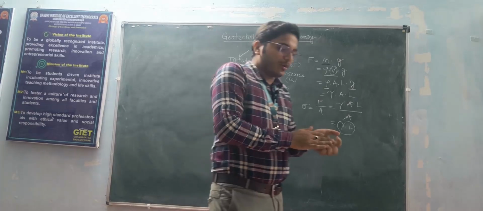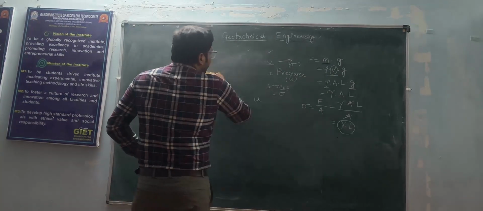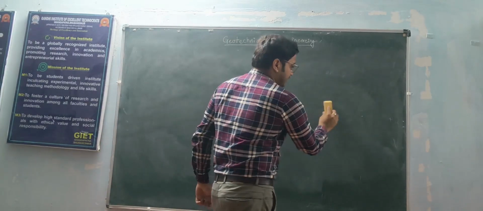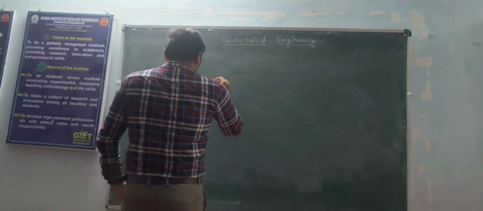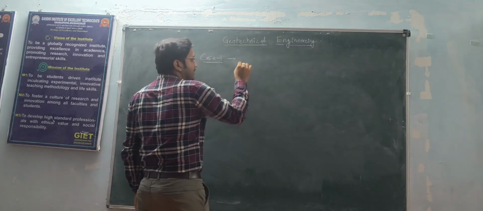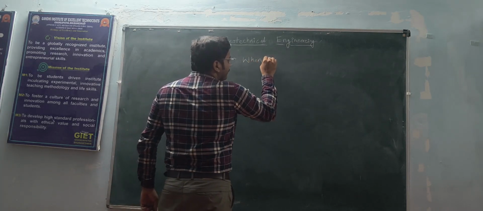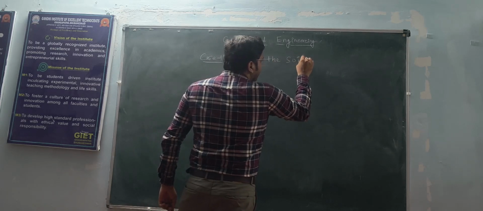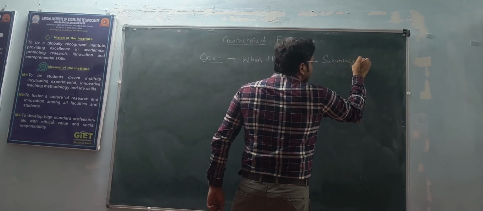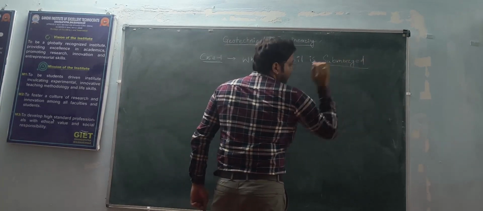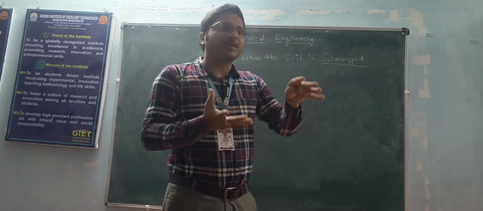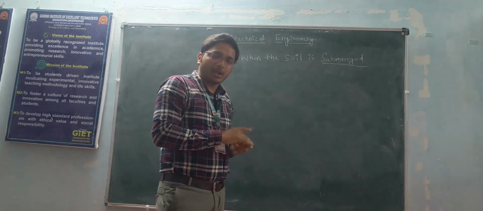Then I am going to discuss some important cases where we have to calculate these three. The first case, case 1, is when the soil is submerged. What does soil submerged mean? In the case of a river, there is soil and above the soil there is water. So